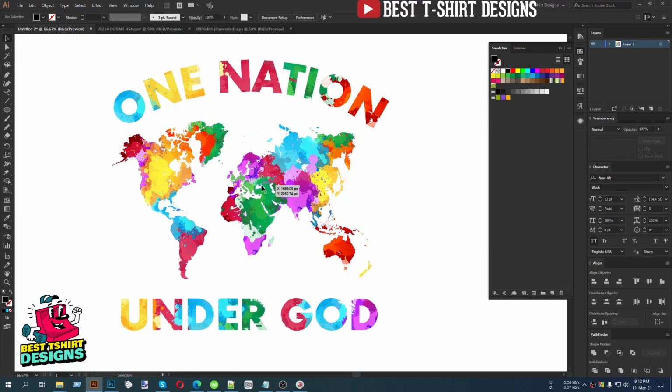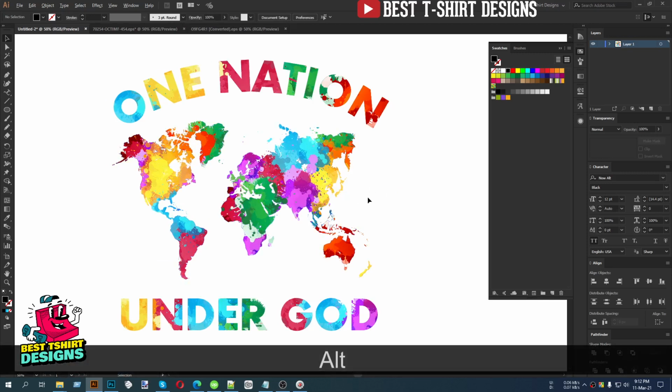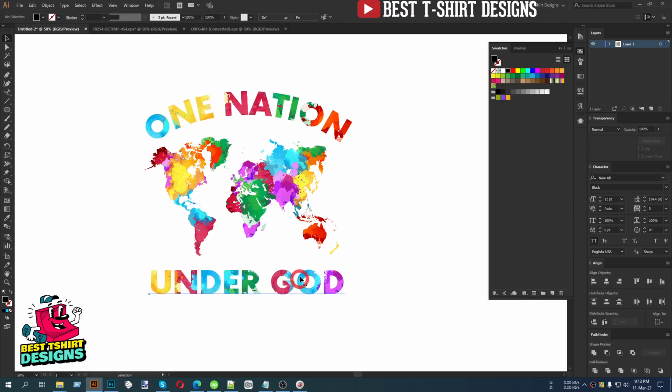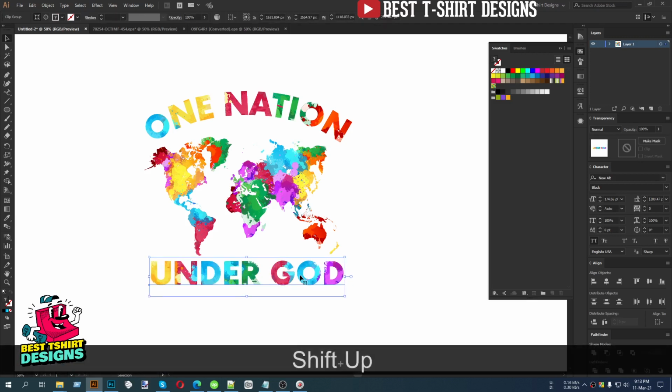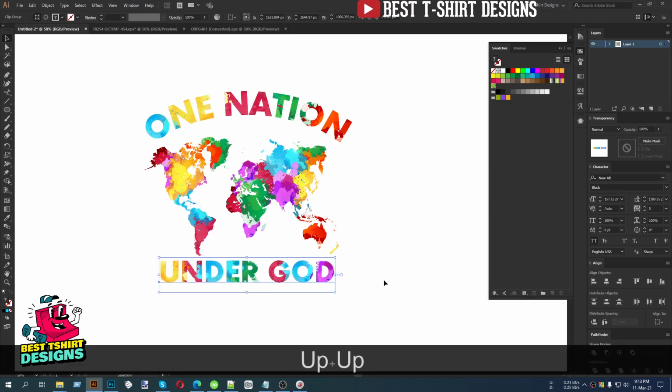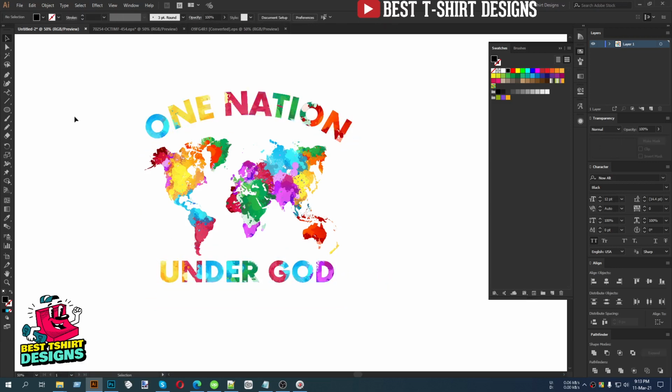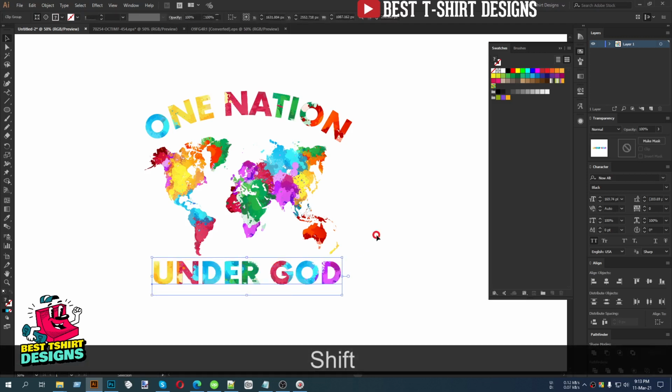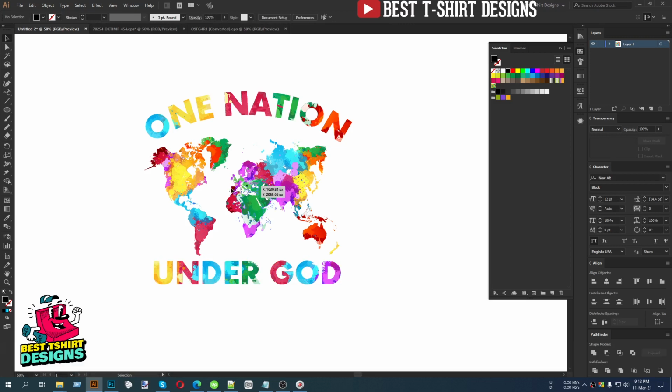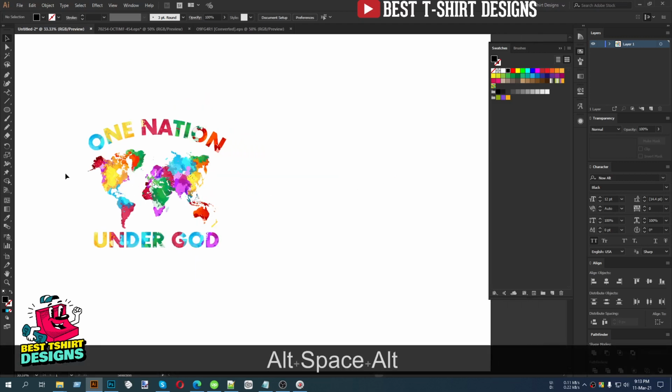So this is really easy to make watercolor designs like this. Now for this kind of design, you need to understand one thing: if you want to make it work like this, you do not break the font. If you break the font, then you need to make the font also a clipping mask. That will be super confusing. Don't do this, just keep the font editable and then make the clipping mask. And whenever we are masking with a shape like this, make sure that you are making a compound path for that. So that is the way I wanted to make this one.